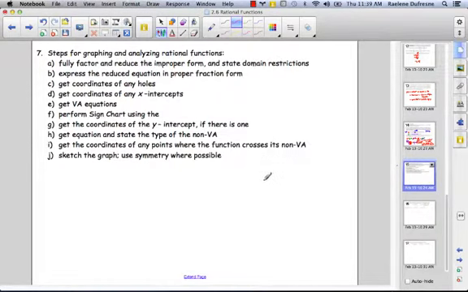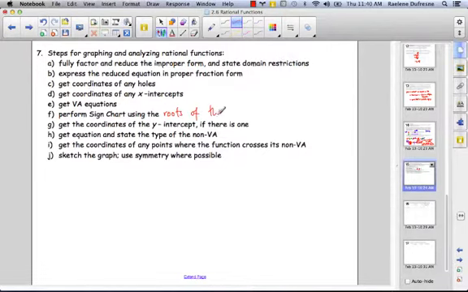I want to outline a few steps for graphing and analyzing rational functions. We're putting a lot of the pieces that we've been doing over the past several weeks together into one problem. And being good at this is really the basis of understanding a lot of the calculus that we will see in Math 151. When we want to graph and analyze rational functions, the first thing to do is to fully factor and reduce the improper form and state the domain restrictions. Then express the reduced equation in proper fraction form. Get coordinates of any holes, get coordinates of any x-intercepts, get vertical asymptote equations, perform the sign chart using the roots